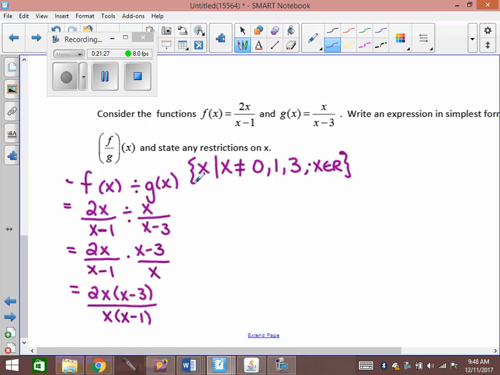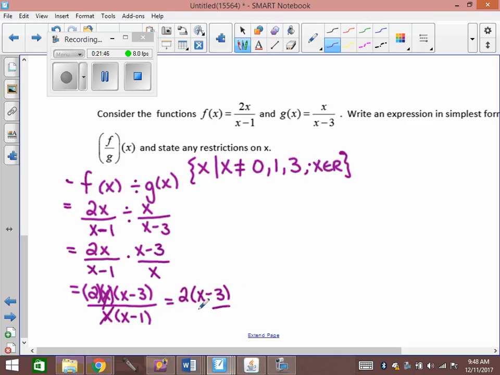The 2 and the x are what? What operation? Multiplied. So they could technically be in their own brackets. Anything that's multiplied together can be in its own brackets. Anything with plus or minus signs is sewn together and has to be in its own brackets. Okay? So this x and this x and this x can cancel. So you're left with 2